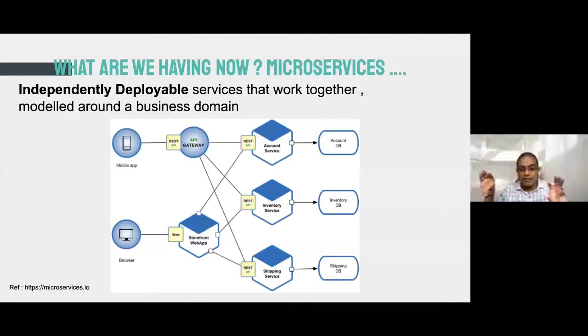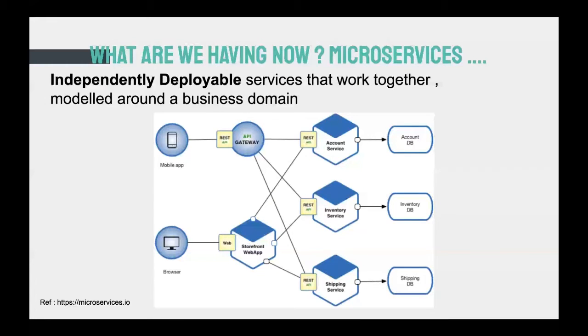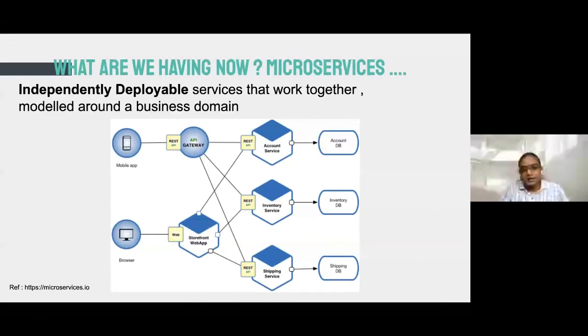In the architecture taken from microservices.io, you can see that, apart from a monolith, we have a lot of services communicating with each other in order to cater to the clients. In this case, the clients are the mobile app and the web app in the browser. So this is technically microservices. Simply, you can assume a microservice as a lot of small, independently deployable components or services.